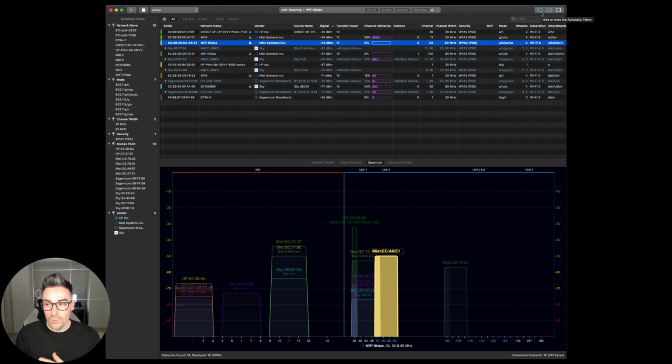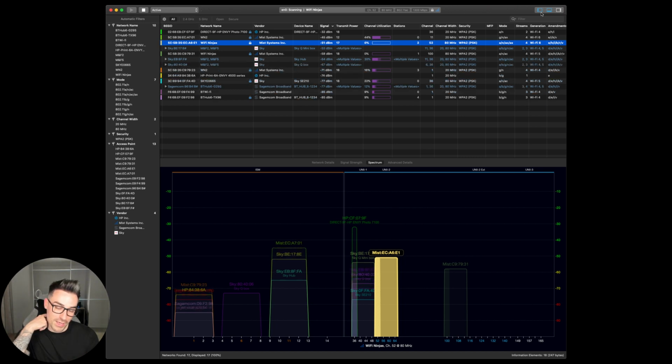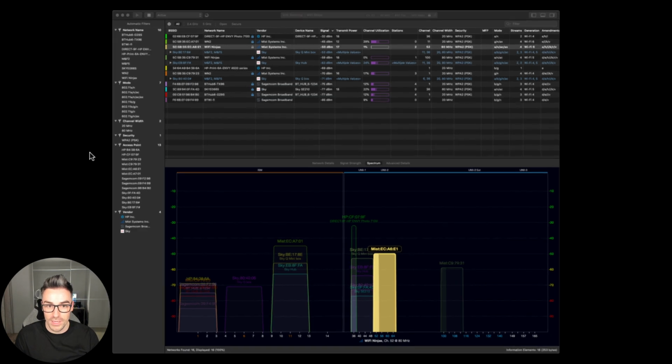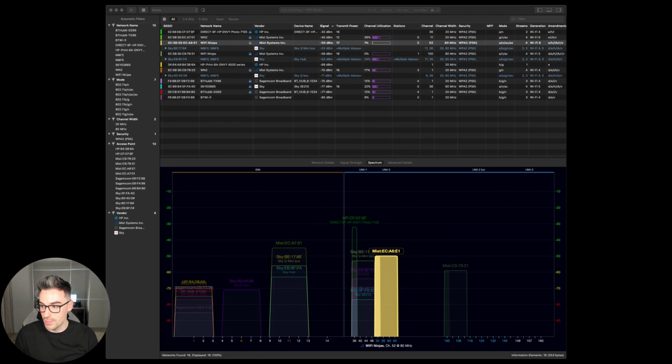And then probably one of the most powerful features that I did not know about with WiFi Explorer Pro that is so helpful: you can just drag and drop a packet capture into WiFi Explorer Pro, and it will display those details for you. So I've got a packet capture from when I was just sitting around in an office having a coffee, just doing a packet capture as you do. So what I'm going to do is drag and drop it into WiFi Explorer Pro, and then we'll